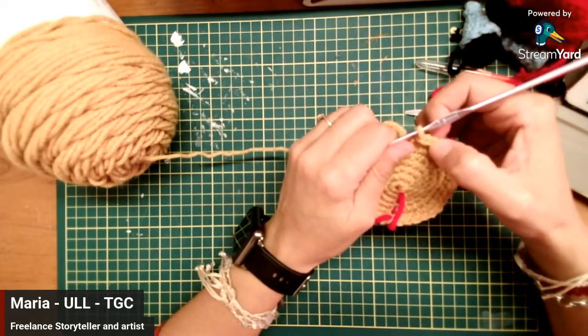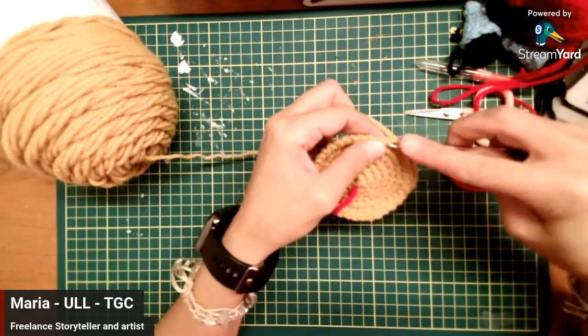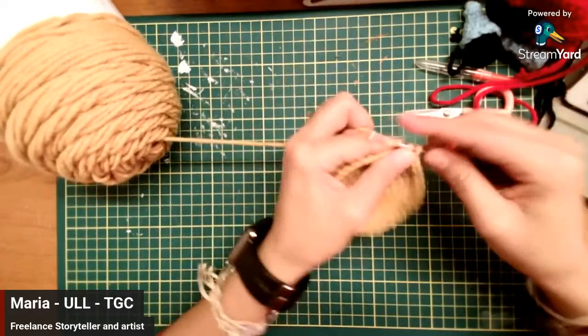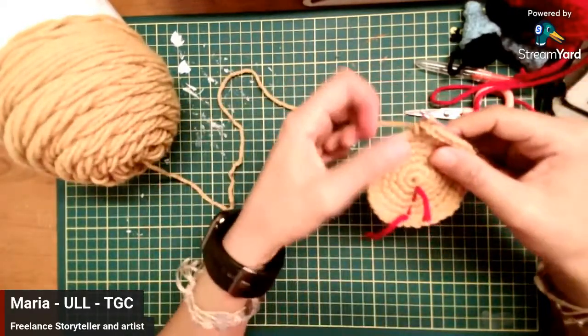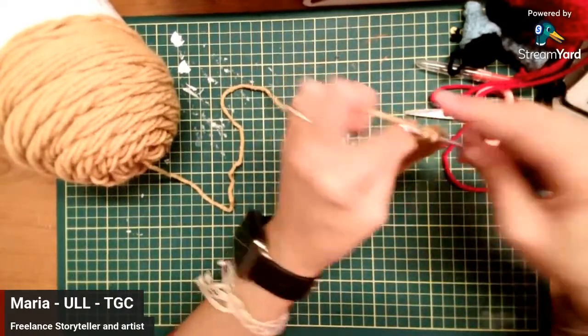1, 2, 3, 4, 5. So that's an increase here. Two, 3,